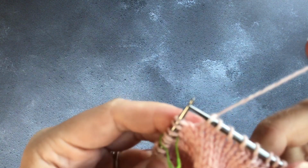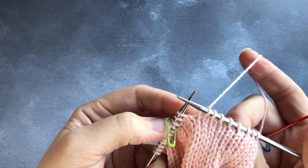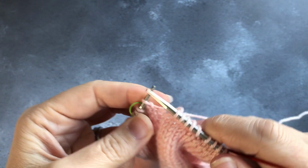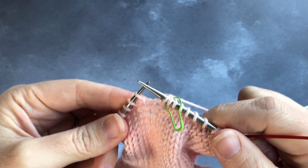So it's a knit 2 together decrease. Came on a little bit quick, and we're going to redo that a bit more slowly so that you can actually see it. So what you're going to do now is you come to 3 stitches before your start of instep marker, and the first decrease is a knit 2 together decrease, which is a right leaning decrease on this side. You knit the stitch, you slip your marker, you knit, and then you do a slip, slip, knit,